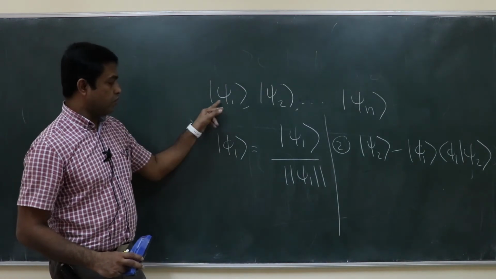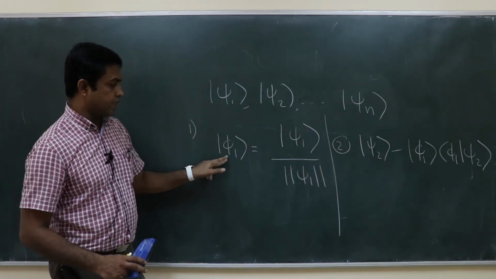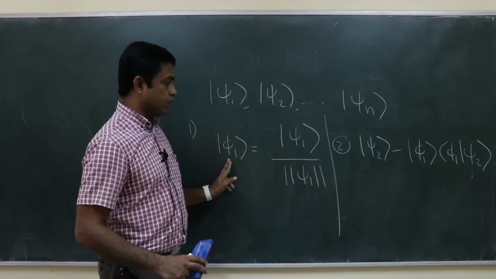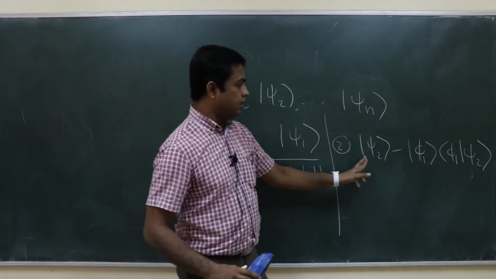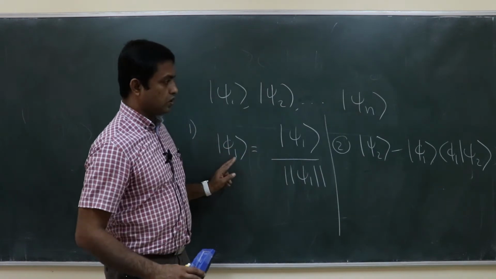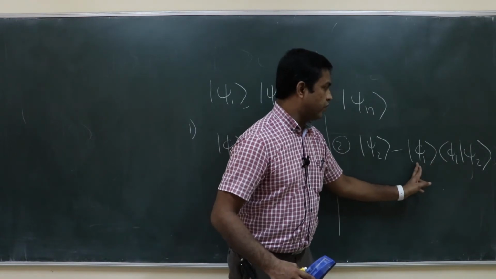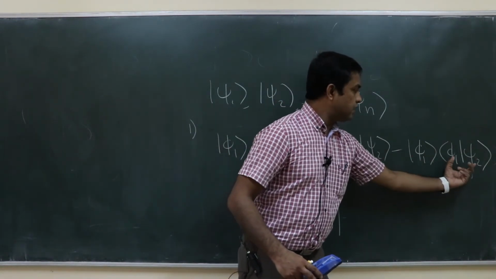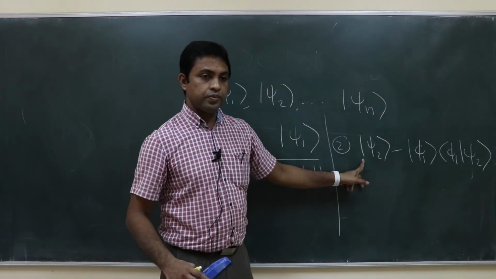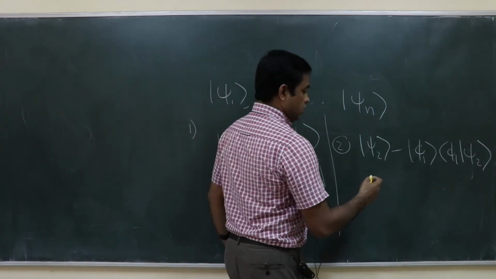So first I took the first vector and normalized it, and I call that normalized vector ket phi1. Now take the second vector and make it orthogonal to this vector. For that you subtract the component of the second vector along this one. You find that component as ket phi1 bra phi1 ket psi2, where the bra-ket is a number, times ket phi1. Is it normalized? No.